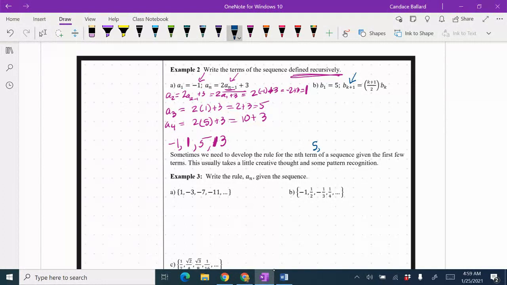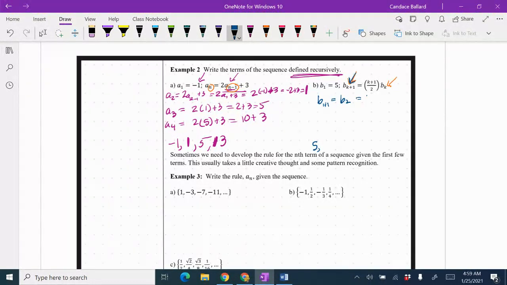So the notation is slightly different between these two. You'll notice that this was an a sub n minus 1 because I started with an a sub n. This time it's saying k plus 1, but notice it says b sub k. They both mean the same thing. They're both talking about the previous term. So if I was substituting into this second one here, I know that b sub 1 is 5. B sub 1 plus 1 would really be b sub 2, which is going to be